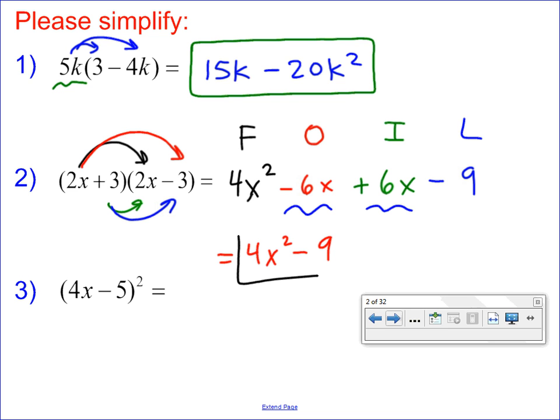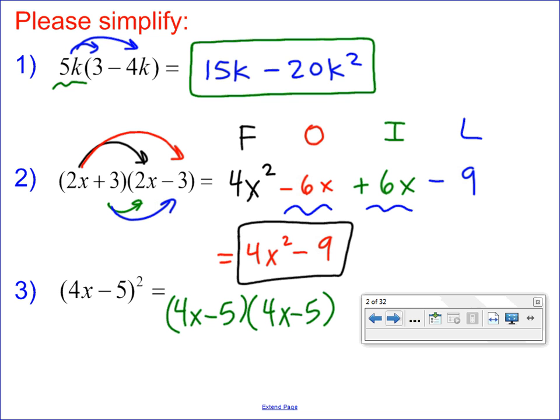Please raise your hand if you already had that for number 2. So who already had that? Yes, awesome, thanks. Number 6 is also a FOIL problem. It's a FOIL problem in disguise. Right now, 4x minus 5 quantity squared means 4x minus 5 times itself, 4x minus 5. So I still rewrite this as two binomials multiplied together,